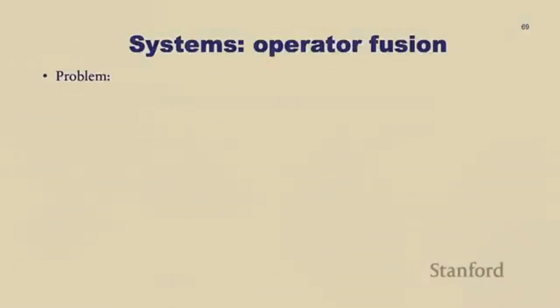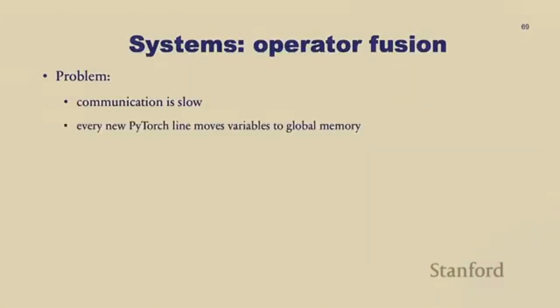Okay, I'll actually talk just about this and then I'll skip all the rest. Operator fusion, because I think this is actually pretty cool. As I just said, communication is very slow. And actually, every time you use a PyTorch line, it basically moves the variable to the global memory of your GPU. So when you have something like this,